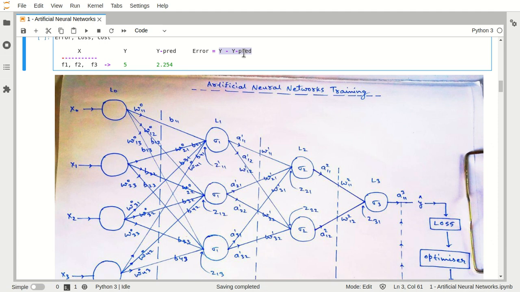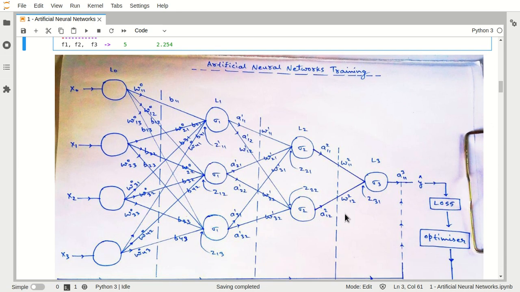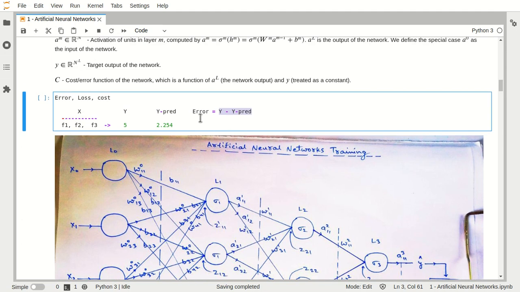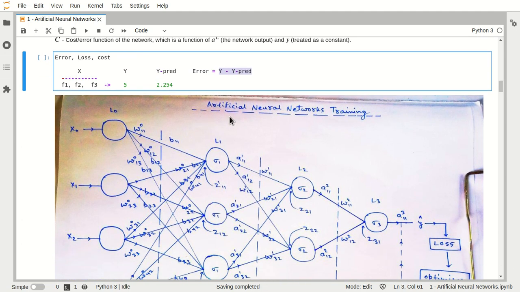Now we will try to calculate this difference, how far we are from the actual value. This particular difference is known as error, and this error will depend upon weights and biases. So can I say that this error will directly depend upon your weights and bias?